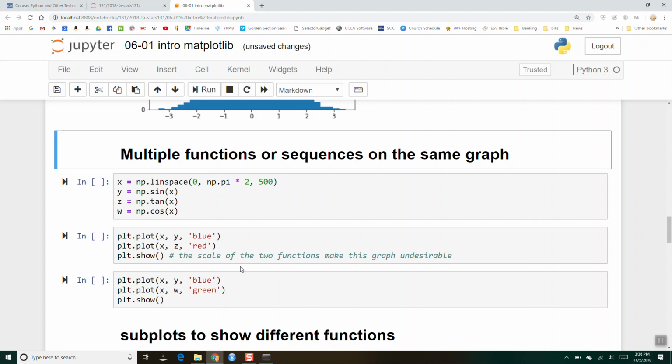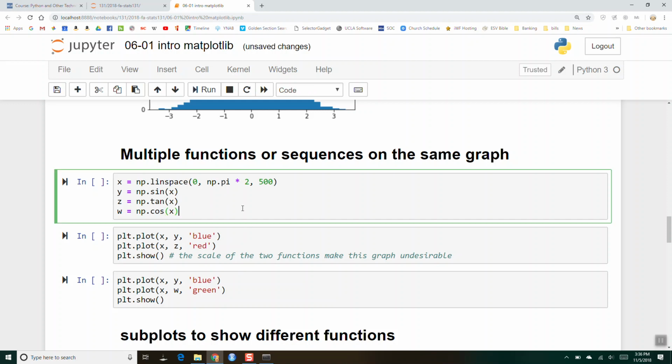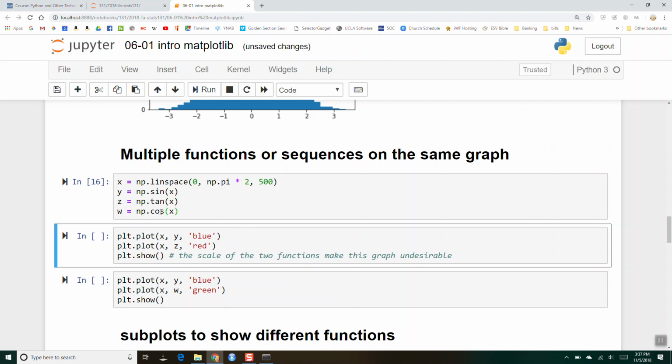So in R, generally you call plot, and then you call lines to add these things. Here you just keep calling plot, and it keeps adding them to the graph until you call show, okay? So here, x is going to be 0 through 2 pi, and then our y function will be the sine function, z will be the tangent function, and w will be cosine. All right, and so this just creates the vectors or the arrays of values. And so if I call